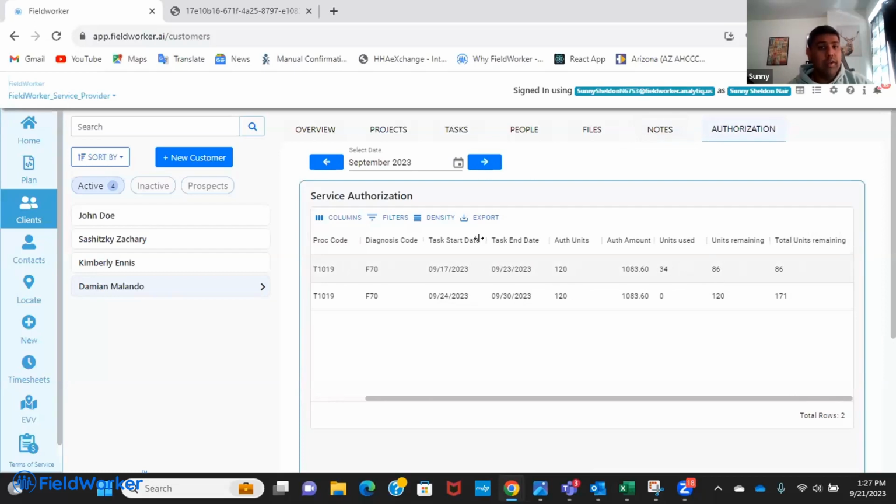And then that translates to the whole authorization which you received in the SDR. So it's the whole plan year authorization that we keep track of and update information based on the units left for the authorization. So if there are units remaining, even after the task ended, you will see that information. And that then is carried forward to the next month. And you can then keep track of the units remaining before the end of the plan year, so you're not losing units that have already been approved for the client.